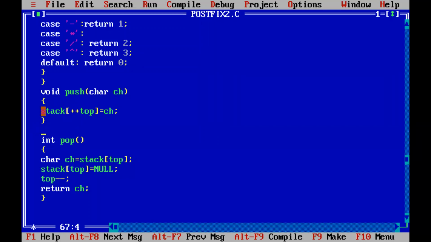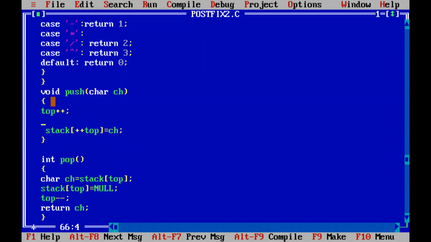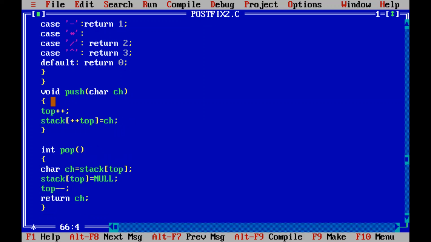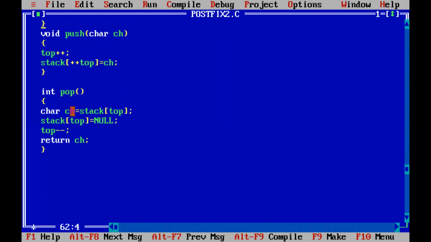So here I have written the 2 statements into one line. Actually I told we have to increment the top index number, and then in the next line, you may be remembering, the push operation is done as stack of top equal to ch. In that program I had given item.